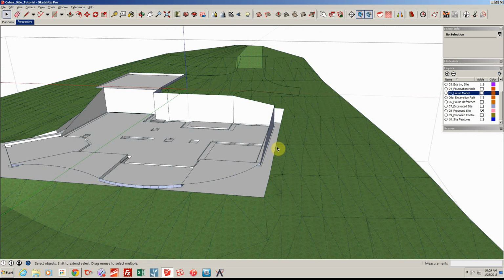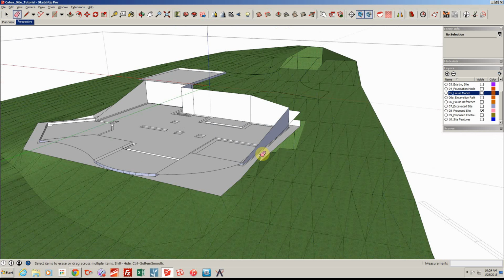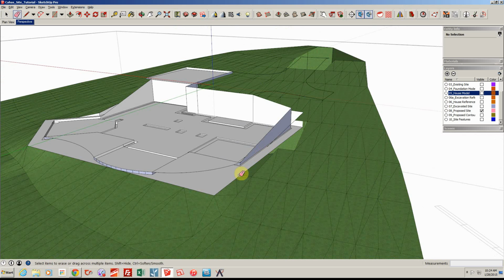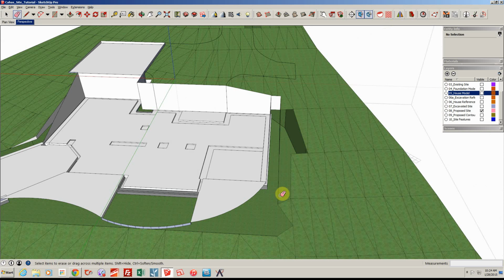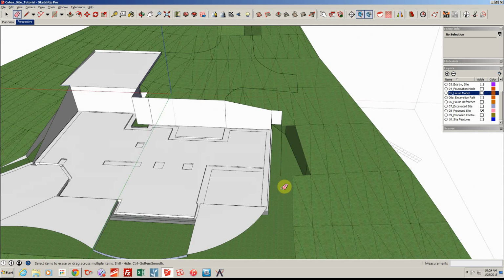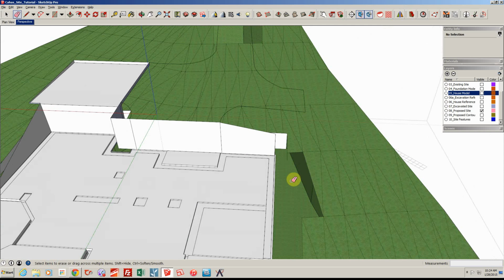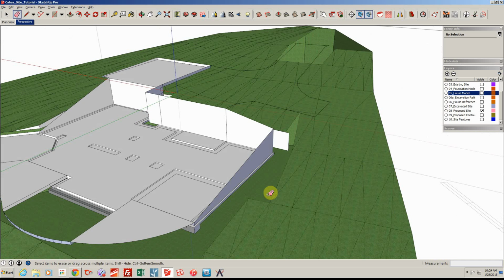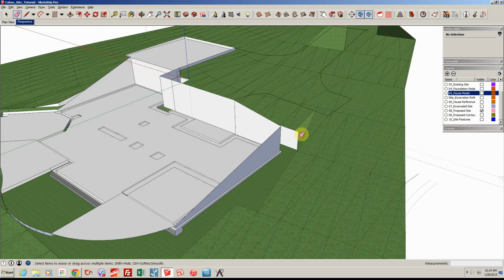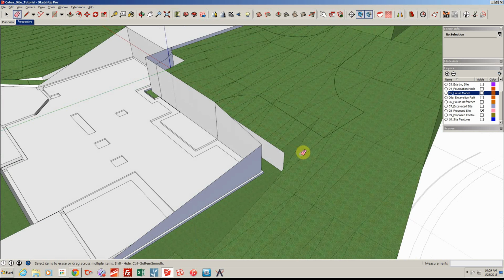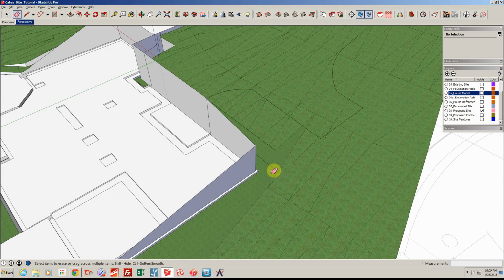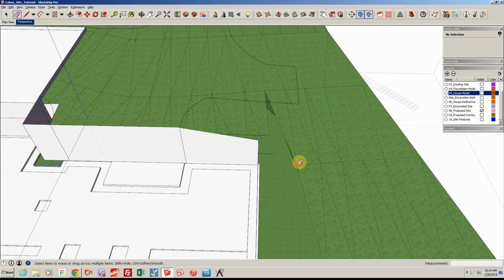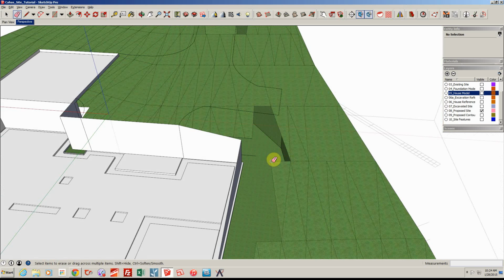You have to edit the group, and then I'm just going to start getting rid of the geometry that's around it. You've got to be really careful not to erase the geometry that's down below, down at the bottom there. The key is when you go back to build the new grade, as we saw before, you have to select all these bounding edges. I want to have as few of those as possible, because it becomes really tedious to choose all of those. All right, I'm going to take it out past this turnaround area,